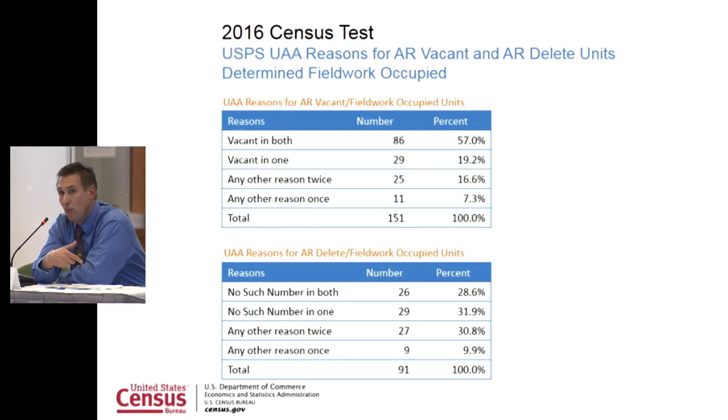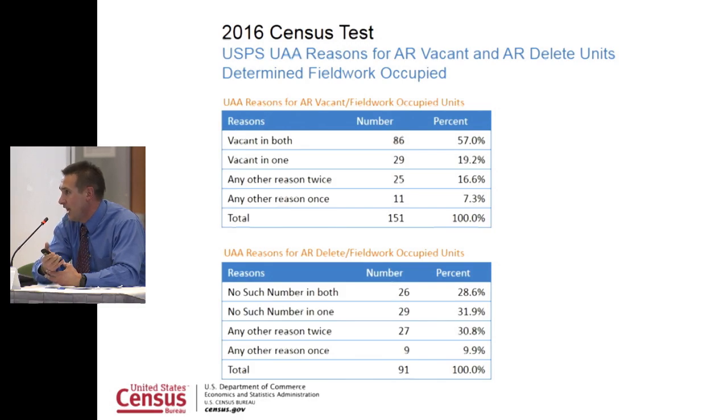So one rule which we did have for 2016 is that for a case to be vacant or delete, you had to have a UAA reason. And these were the results we were seeing from the Postal Service. And this is one thing which we're going to be doing, working with the Postal Service, is that we're having these indications of vacant, but we're having these census fieldworks of occupied. So we are going to try to see what things can we do with the Postal Service? Because in a modeling framework, this is one of my X covariates. And one of the things you can do as a modeler, how can I take measurement error out of my X covariate? So we're looking to see which things we can do.